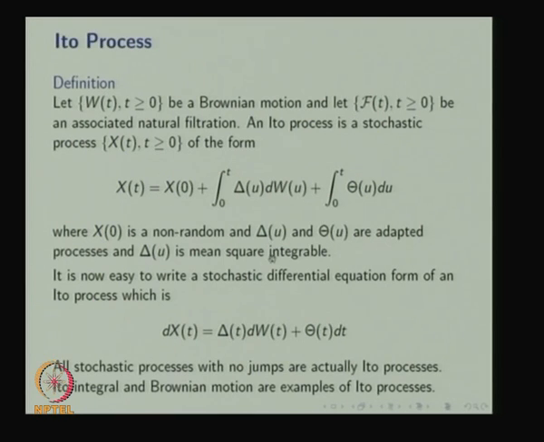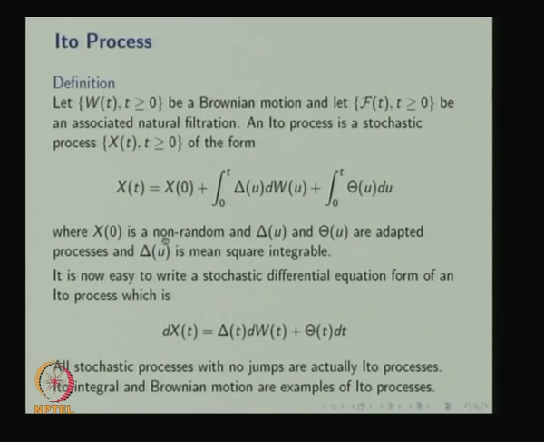Now we are going to discuss the Ito process. Let W_t be the Brownian motion and F_t be the associated natural filtration. An Ito process is a stochastic process X_t of the form X_t equals X_0 plus the integral from 0 to t of delta(u) dW(u) plus the integral from 0 to t of theta(u) du. So here we have two types of integration. One type is the usual Riemann integration. The other one is the Ito integral,